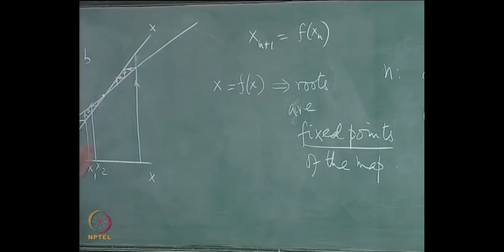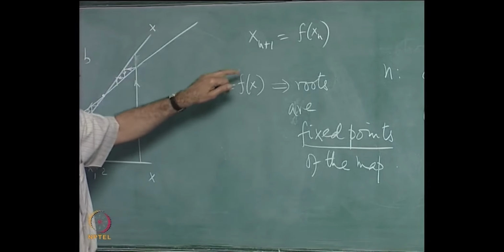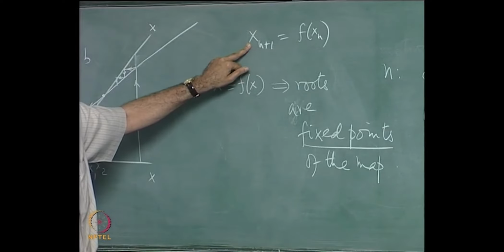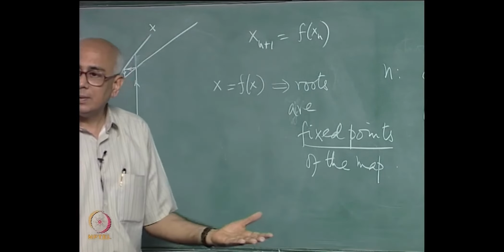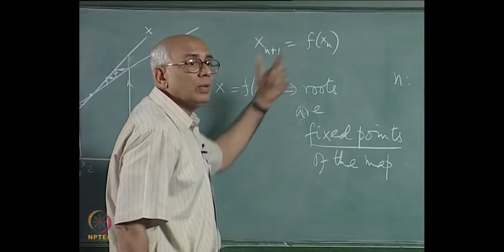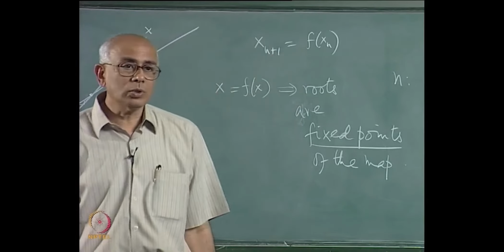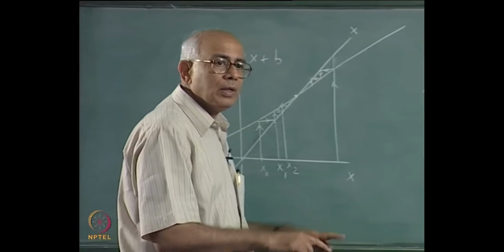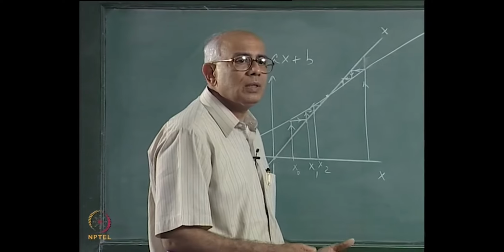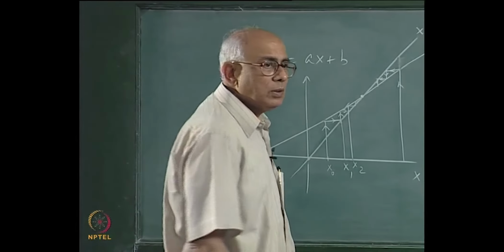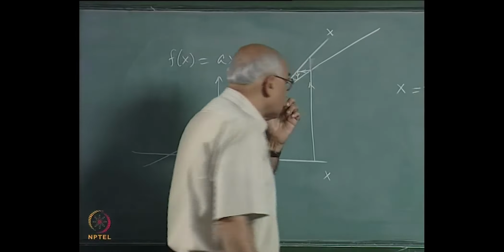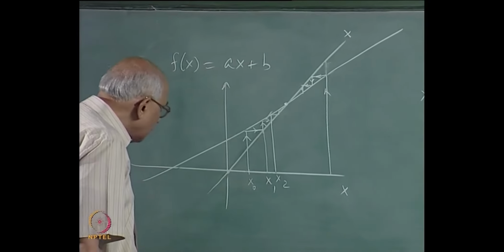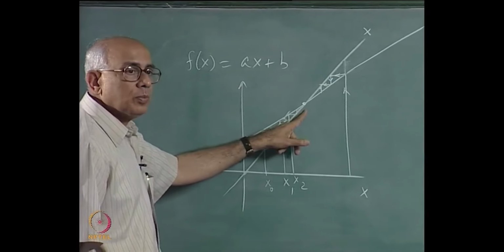And quite clearly, as n tends to infinity, x at very, very long times, if there is a fixed point, it is not going to change at all as n tends to infinity. If this equation has solutions, those solutions are fixed points of the map. They are like the equilibrium points. In other words, under further time evolution, things do not change at all. So asymptotically you would expect that things could fall into these fixed points. As you saw here, no matter where I start, I am going to end up with this fixed point,